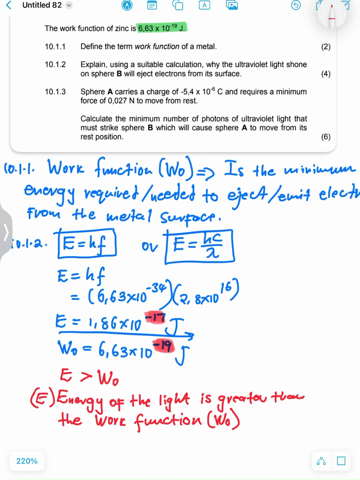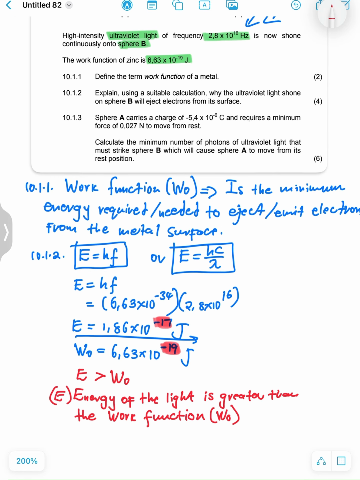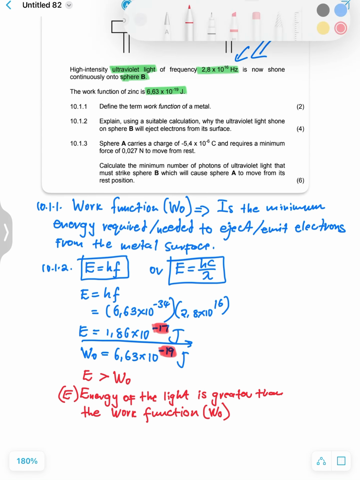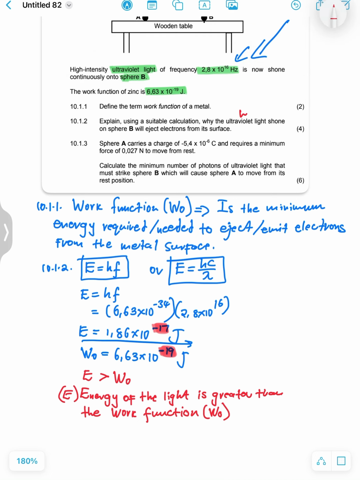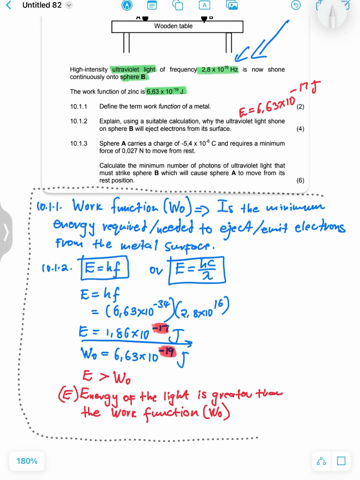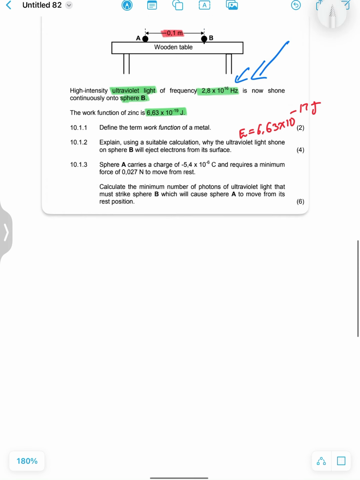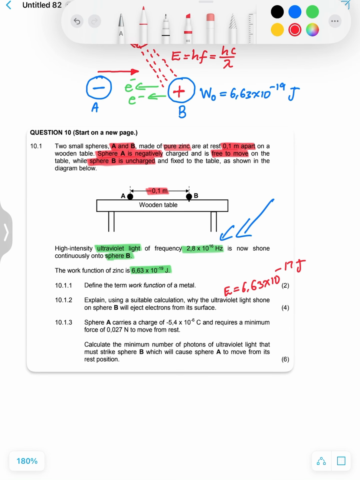So that is 10.1.2. Then 10.1.3, so I'm going to erase this for space, but I'm going to write the answers first. So for 10.1.2, the energy of the light, we got it as 1.86 times 10 to the power of negative 17 joules. Okay, so let me erase this to create space. Okay, so with this now, 10.1.3,